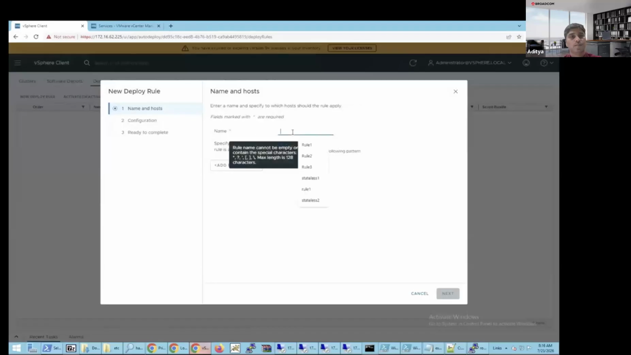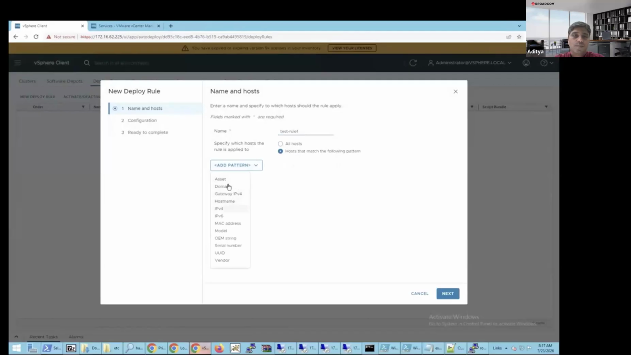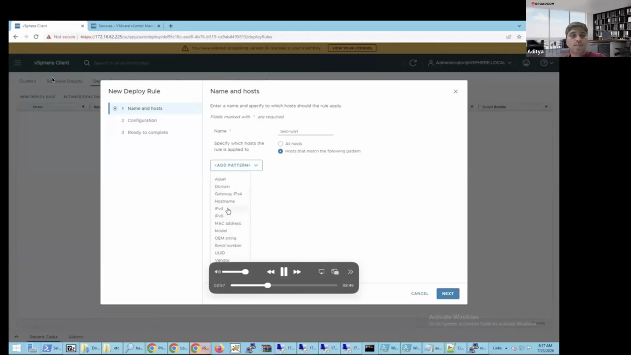You can name it test rule. You can basically specify all the hosts which are booting up and talking to this particular Auto Deploy service, or you can select based upon a pattern. Currently, we have different types of pattern matching: asset, domain name, host name, IPv4, IPv6, UUID, vendor, all this. Currently, we'll use IPv4, and I'll specify